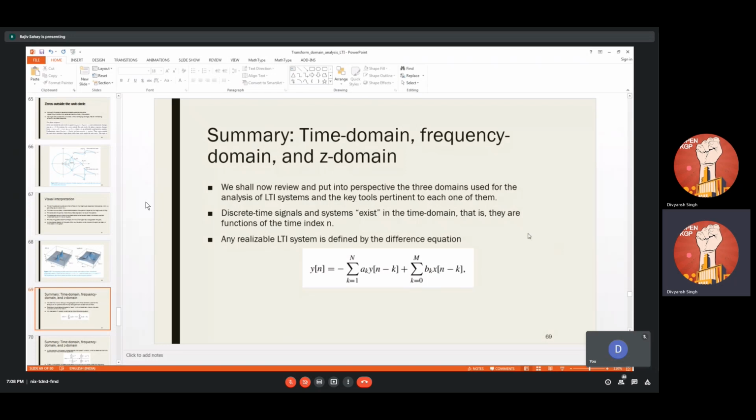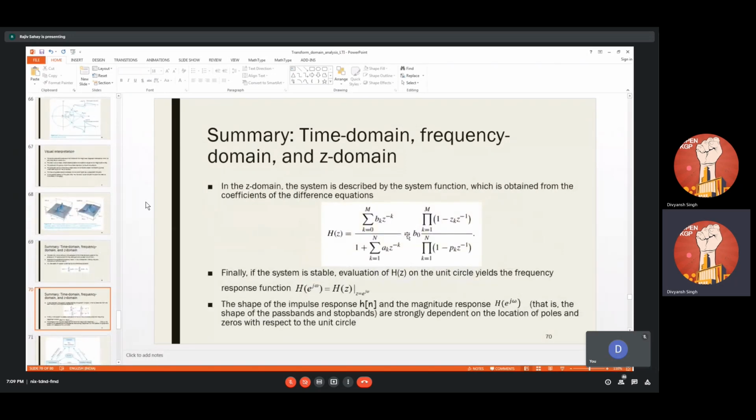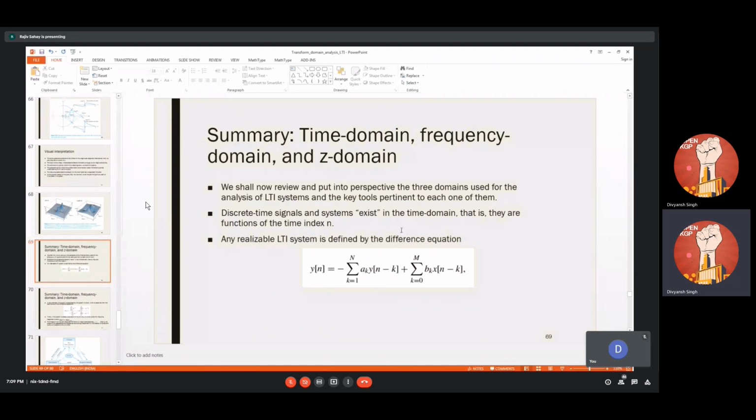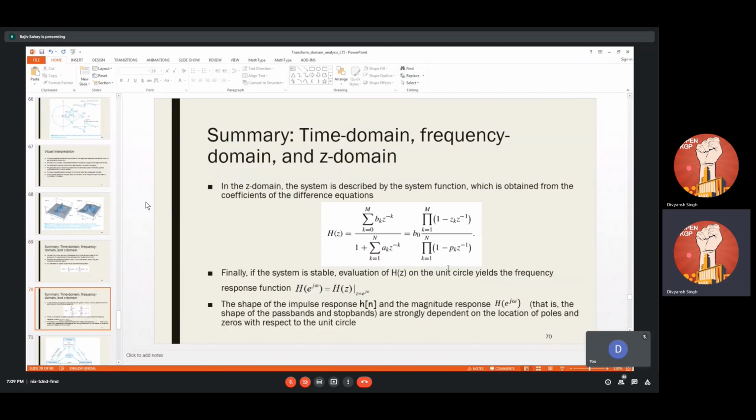Fine. Let me move ahead. This is your difference equation. When you take the Z transform on the left hand side and the right hand side, you can write it out like this, which can be written like this by factorizing. This is a polynomial, you can factorize the polynomials. So you can obtain its factors and take the product of its factors. And the numerator, if you factorize, you will get the zeros. And if you factorize the denominator, you will get the poles. So dk and ak are coming from here, and you will convert them into poles and zeros.